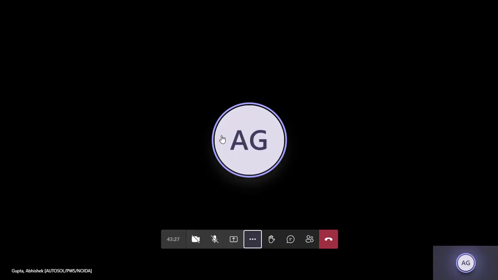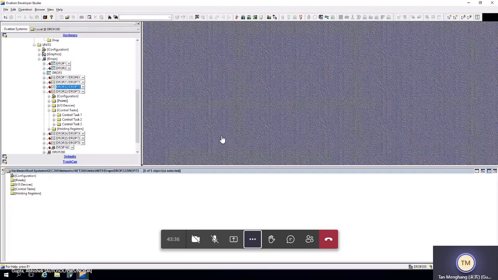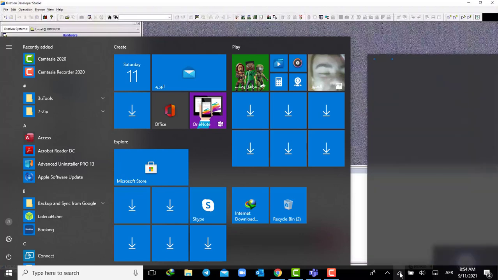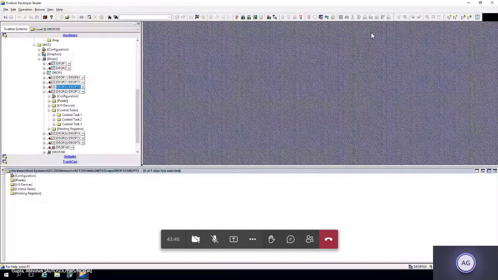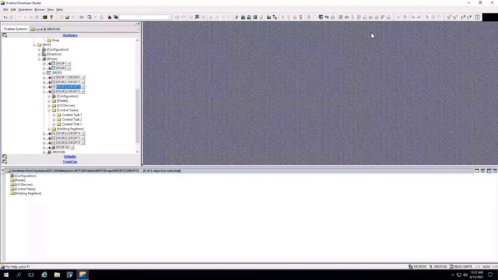And another question from Mohammed. Can he change the name for the point? No. If you want to change the point name, it is not possible in a simple manner. There is some offline utility that is used for it, and I would not recommend you to do that. If you want to modify the point name, the best process is to create the new point name and delete the older one by replacing all the references of that point. Okay, thank you.